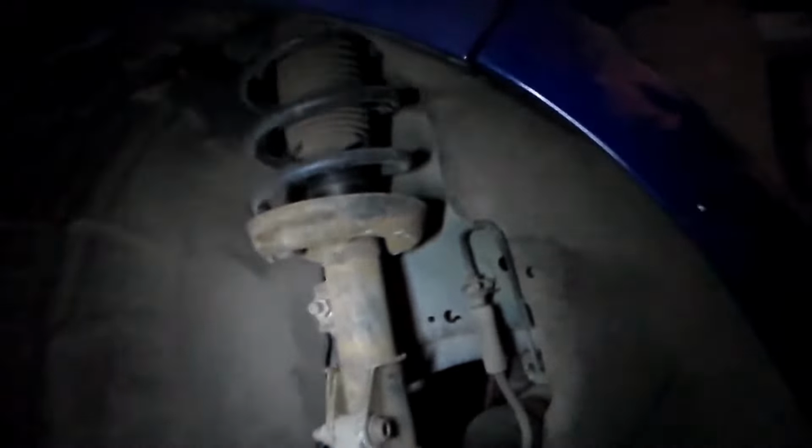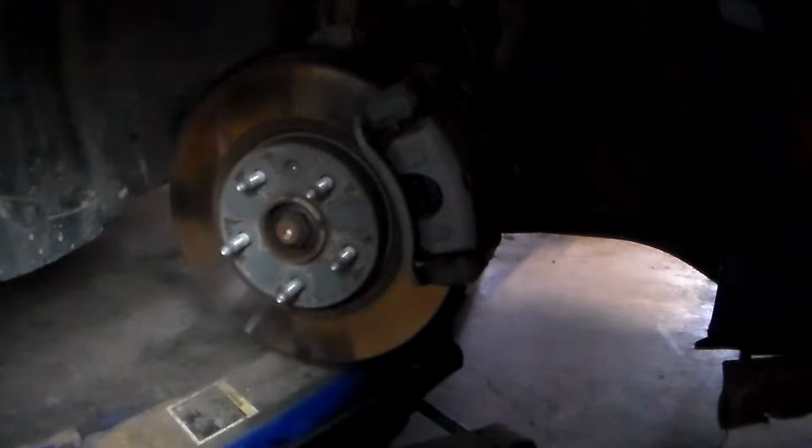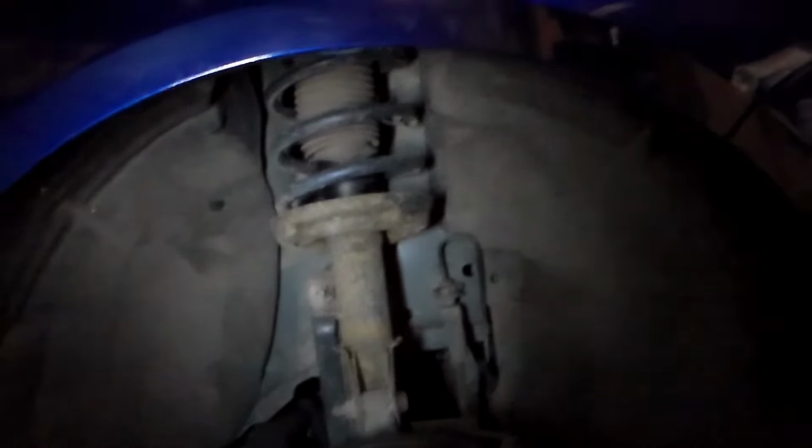Once you've jacked up your vehicle and got your tire off, you have right here where the brake hose is attached, go ahead and pull that out. It's held up by this bracket on the strut assembly, so we're going to pop that up out of there. Then we're going to put a jack underneath of your hub assembly here and just jack it up enough to take some of the tension off of these bolts that we're going to be taking out. So now that I have the tension taken off,